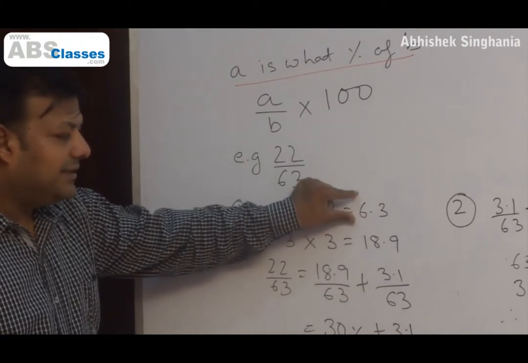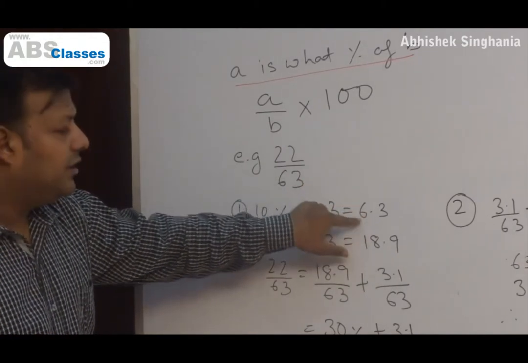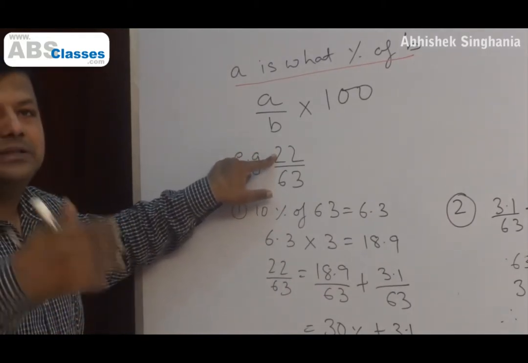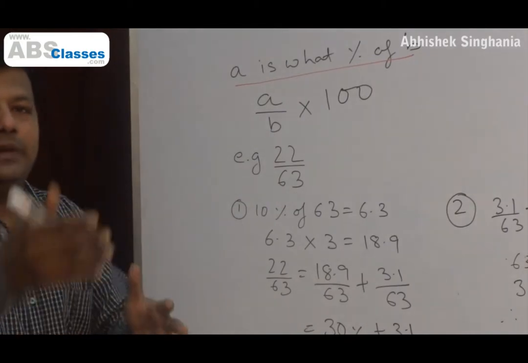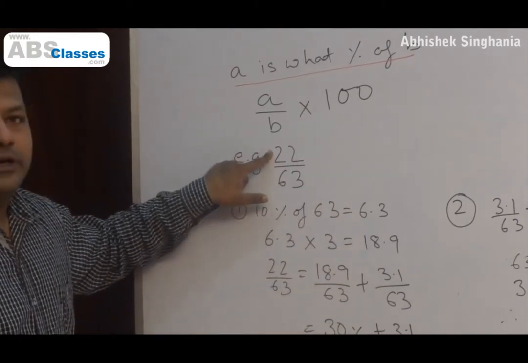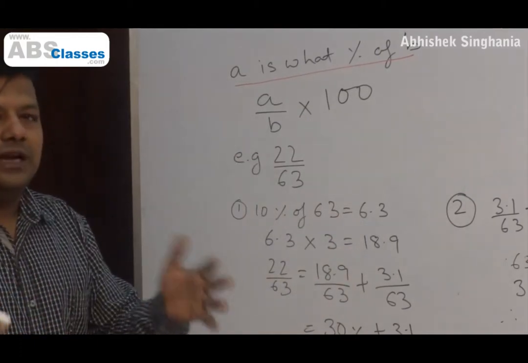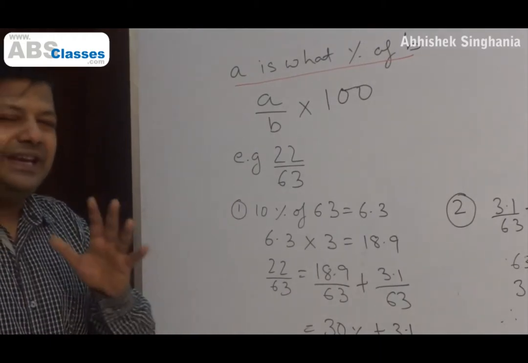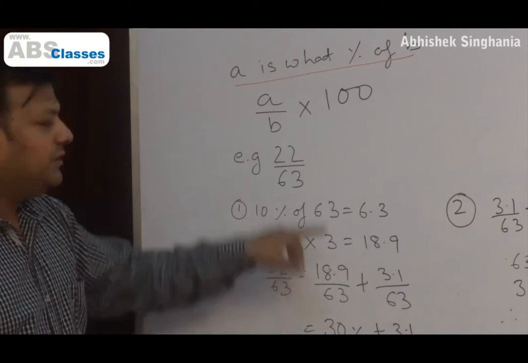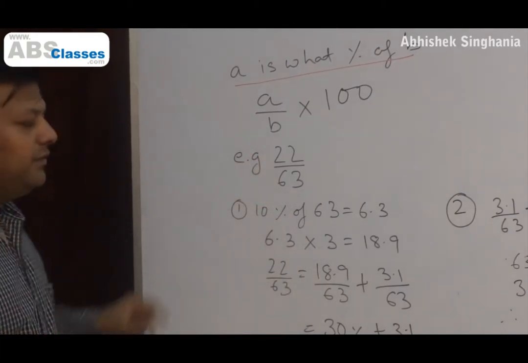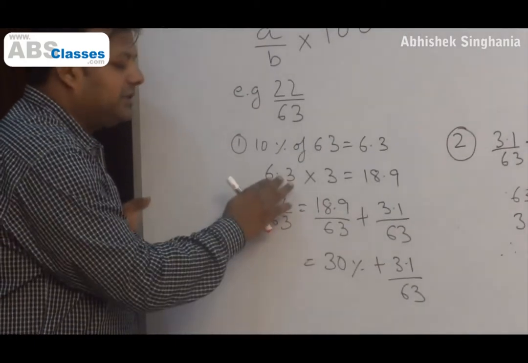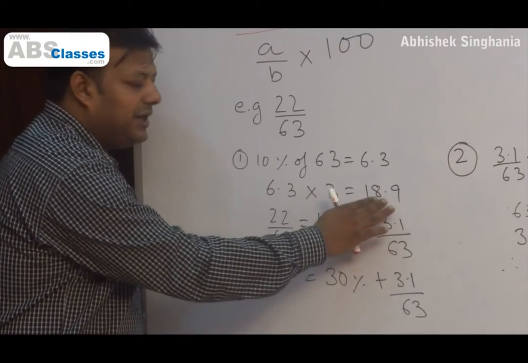Now we find 6.3, to put it in a crude language, goes inside 22 how many times? 6.3 will go once, twice, thrice. Like we say, 6 will go in 22 how many times? We just have a few decimals to account for. So 6.3 will go into 22 how many times? 6.3, double of that will be 12, 13, triple of that will be around 18, 19, 20 maybe. So yes, all of us can come up with a very quick answer that 6.3 will go inside 22 3 times. So what we will do next is, we know 10% of 63 is 6.3. Now we will multiply this number 6.3 into 3, which gives us 18.9.